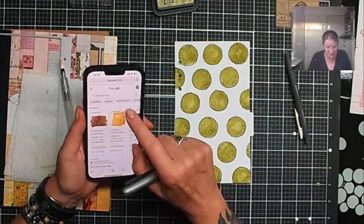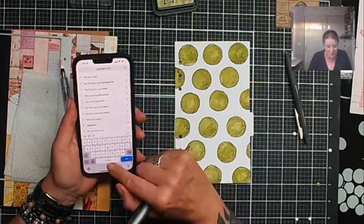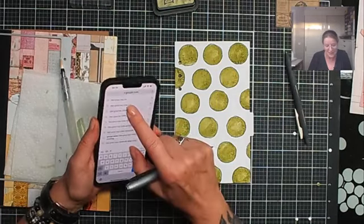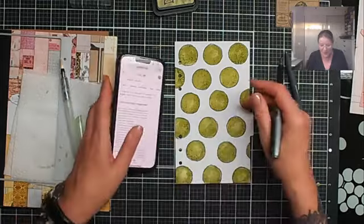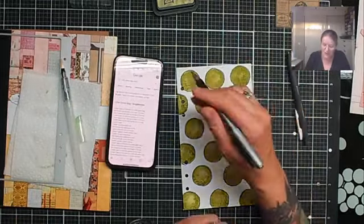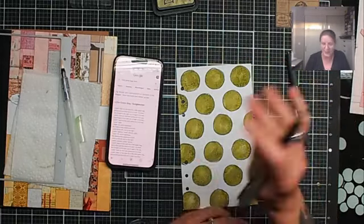Here it is. Now I need the lyrics. Little Greenback. Now it's showing me the Little Greenback lyrics. Okay, here we go. So what I used to do a lot, I was journaling and scribbling everywhere,